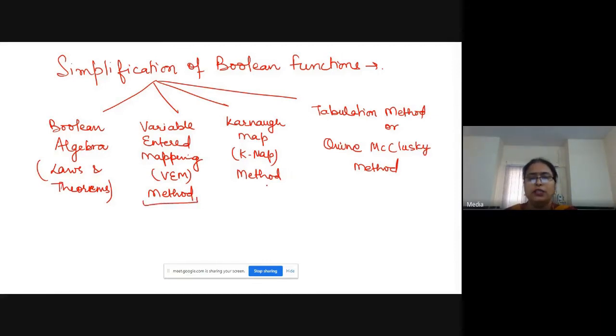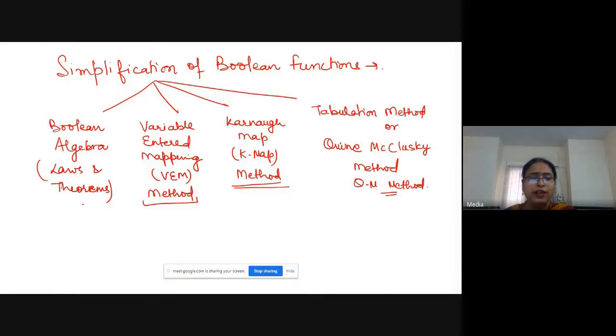So we will be focusing on the K-map method and the QM method. Now you have covered simplification of Boolean function using Boolean algebra and Boolean laws.